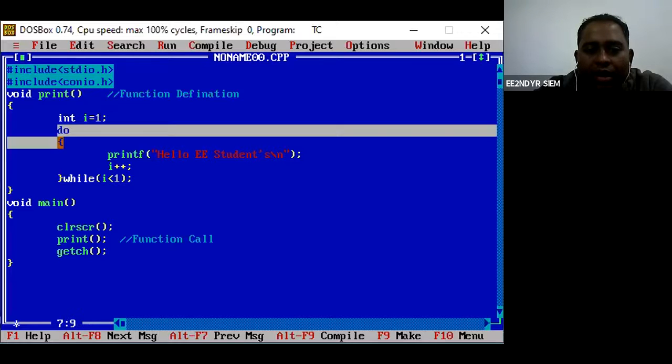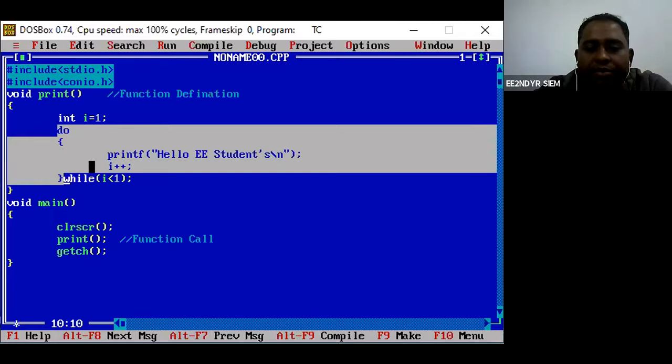in this do while, the condition will be checked later, after it gets printed. In a while loop it will be checked before, and then the printing will be done. In the previous while, there was an initialization, then a condition, then an increment.